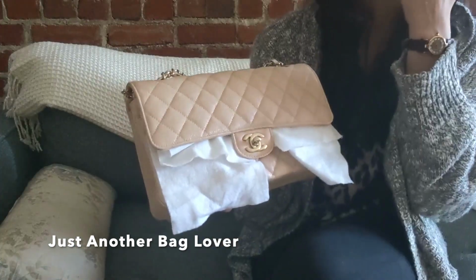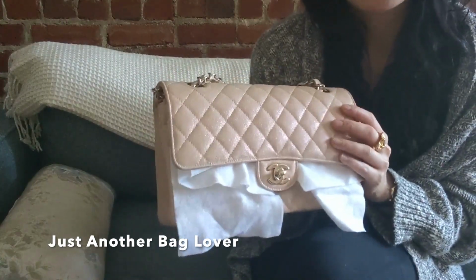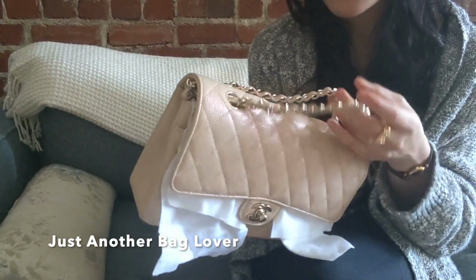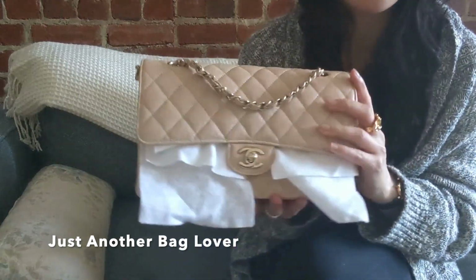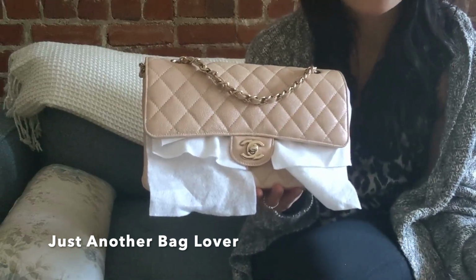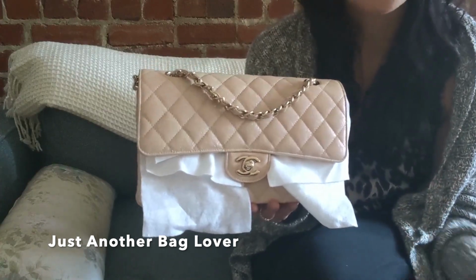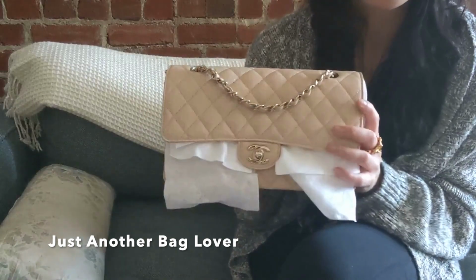If this was a bag I used a ton, almost every single day, I do think over time the iridescent might fade and become less noticeable, and the corners and the handle especially could pick up some wear and tear. But so far this bag looks really beautiful. I think a lot of that has to do with the fact that this isn't an everyday bag for me and it's a lot smaller. The other metallic bags I have are much bigger and just get banged around a little more. Because this is pretty small, I am a little more careful with this bag,